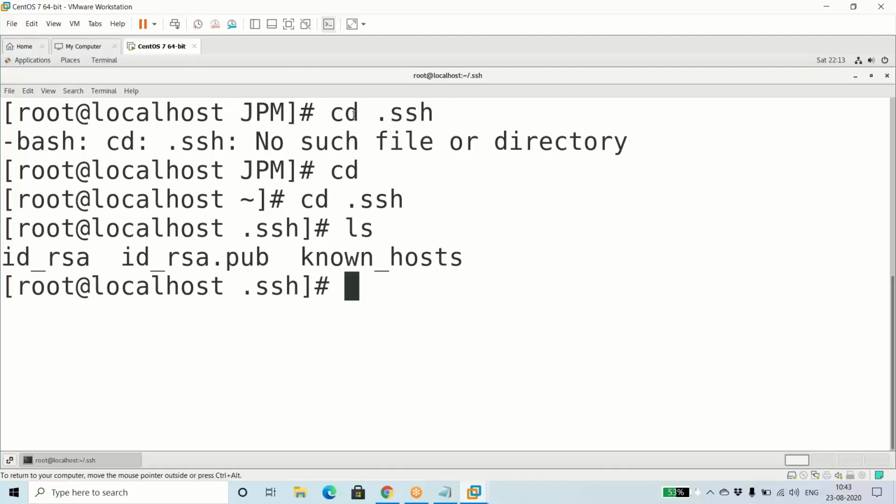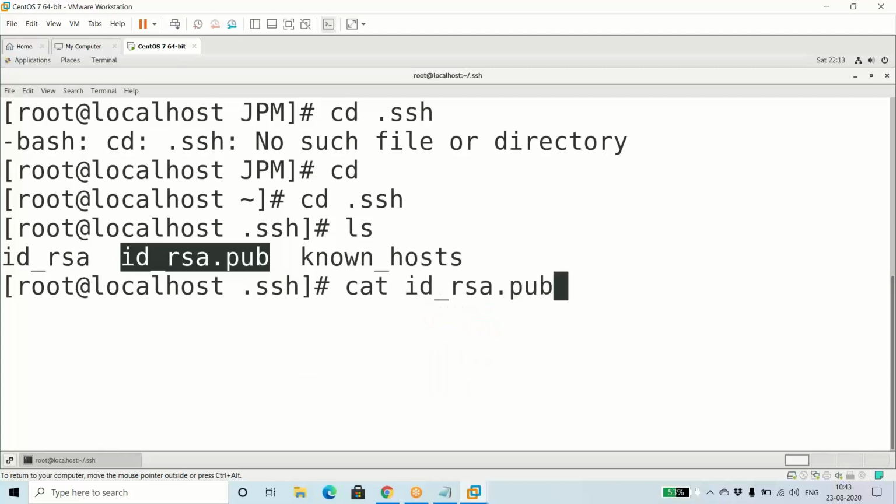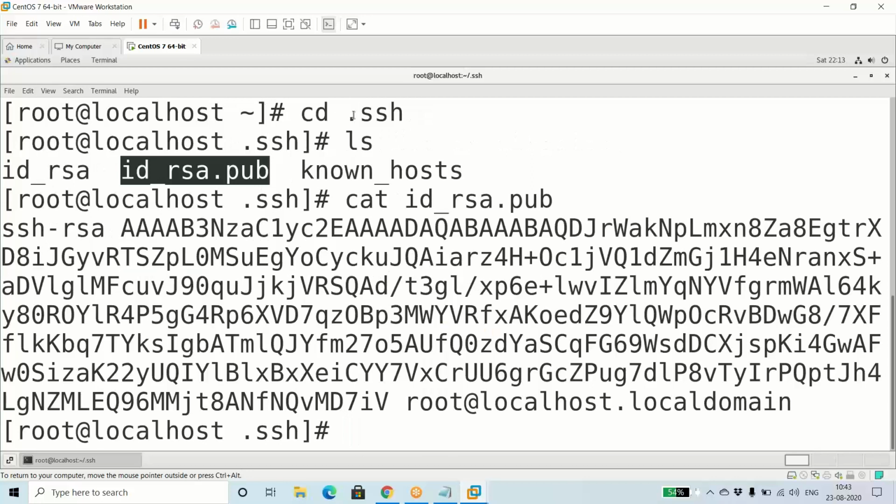See, you find this id_rsa.pub, the second one. We need to copy that. Just do a cat and paste it, and it will show you the key.